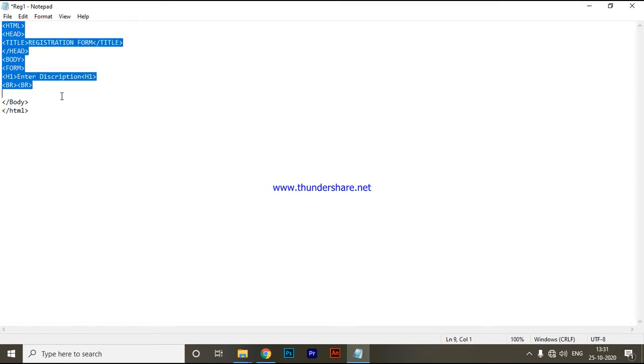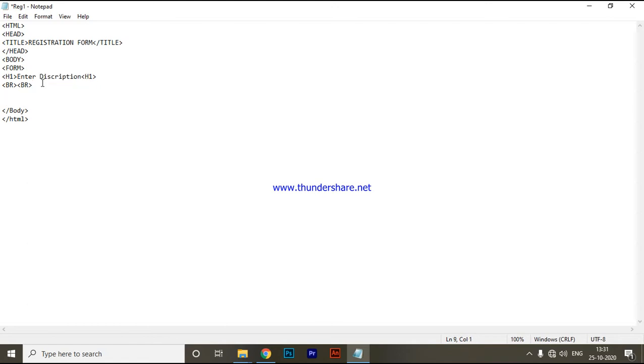So now let's start how to apply the drop down controls in our web page. Now you can see the HTML head, this is the basic structure of HTML, and we are going to create a form, so we have to put the form tags also. This time I would like to keep Enter Description with the heading tag h1. Then br tags, this time I will take 2 br tags because I will leave 2 lines after Enter Description. So this time we are creating a drop down list.